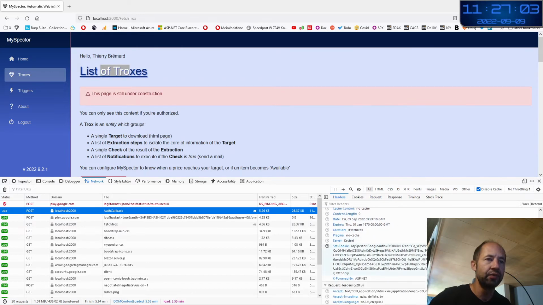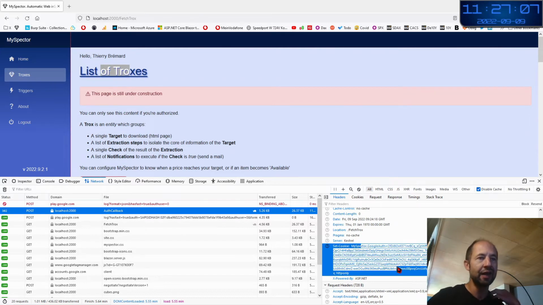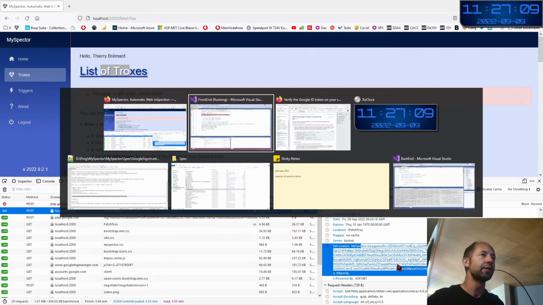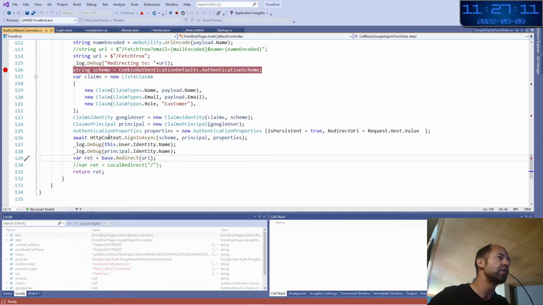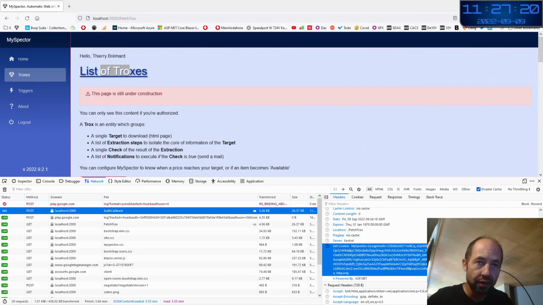As a response, you see a set cookie here, which is in fact done by this line of code, which is just HttpContext.SignInAsync. This is the way to say set cookie. Clever way to do this. Good.